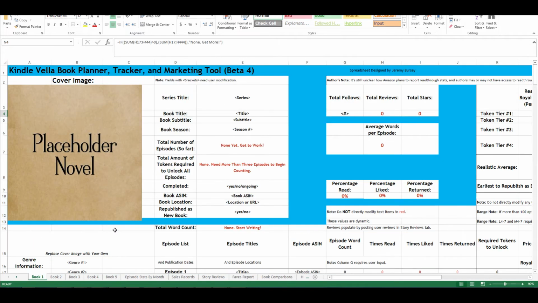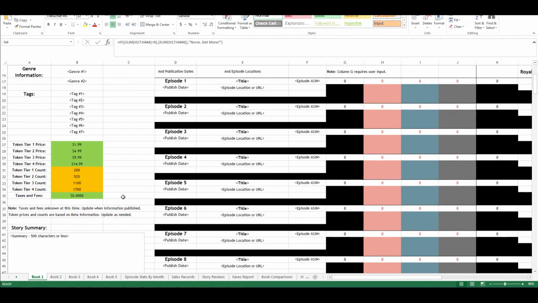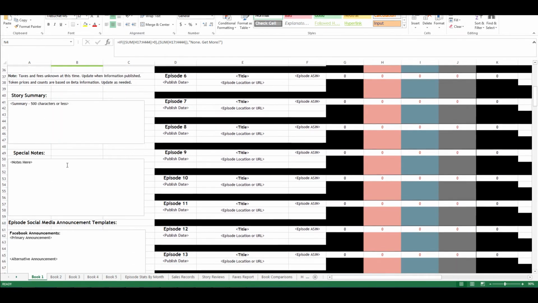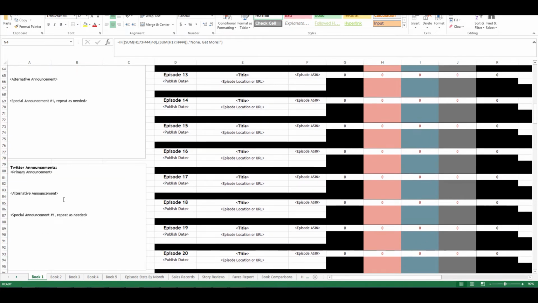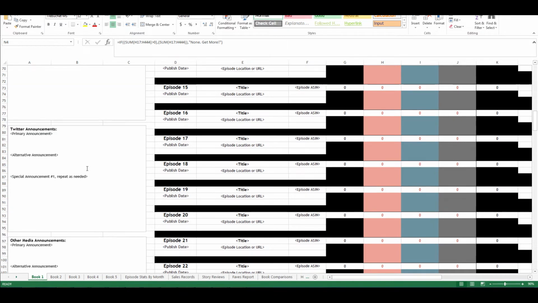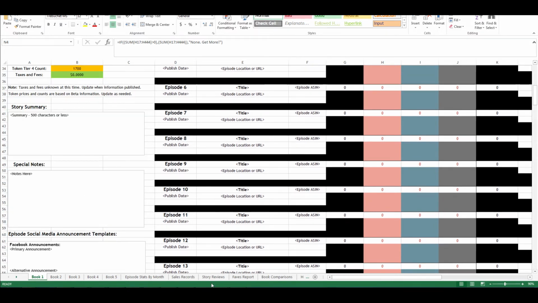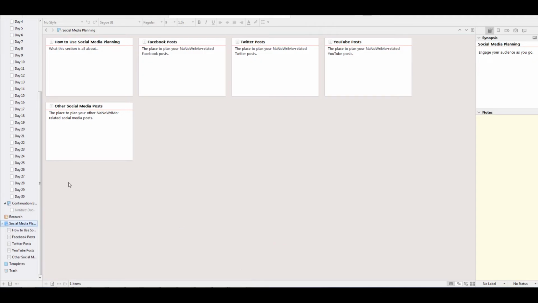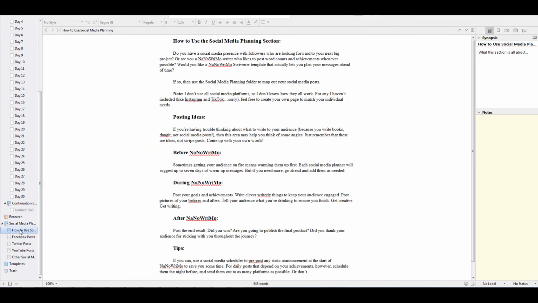Sorry, my computer's slow. That's why I can do a lot of clicks, but not a lot happens. You'll see I have a very similar section here for social media planning. This one's really basic in comparison. The one for the NaNoWriMo tool, you'll see in the how-to, I've got some pretty extensive plans here. Anyway, go ahead and download it, check it out, and then I'm going to talk more about it in the